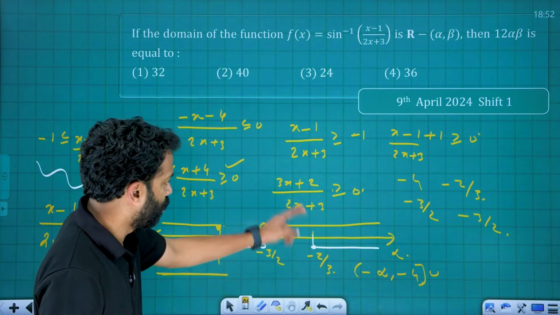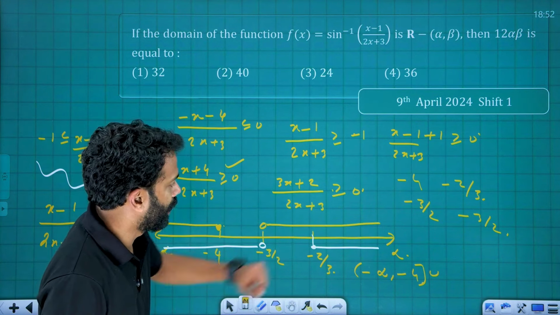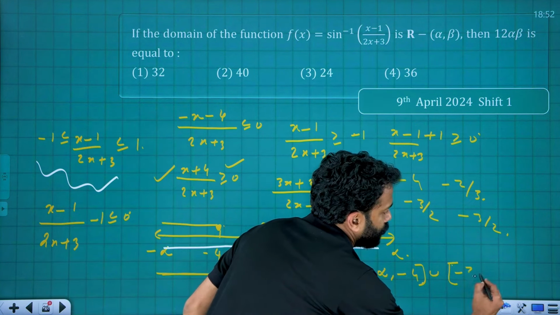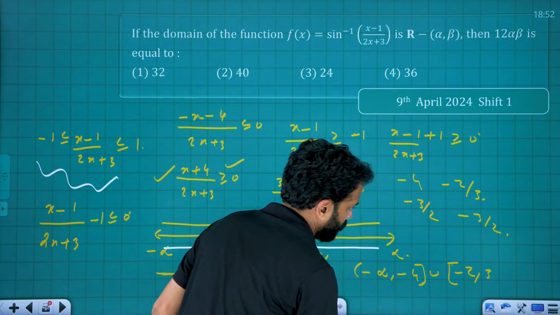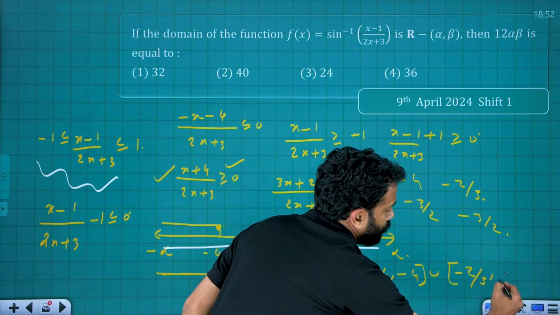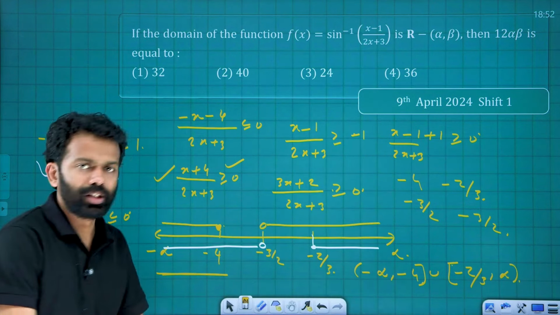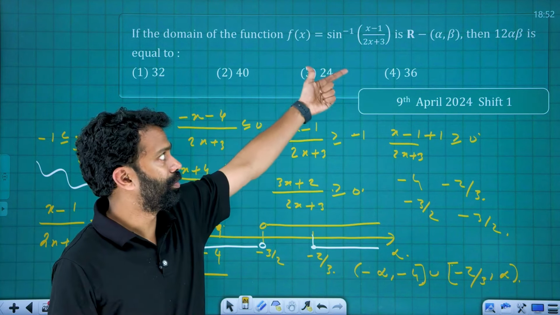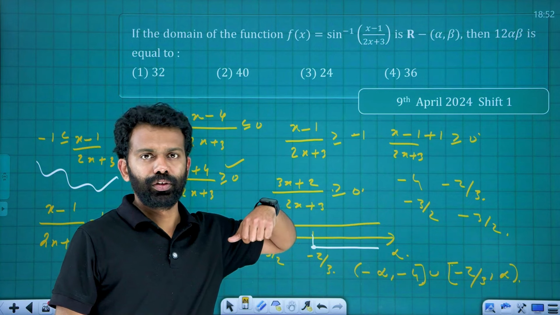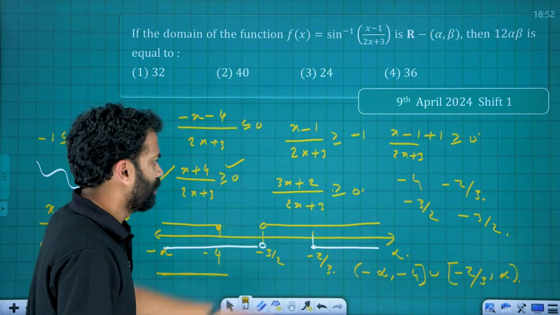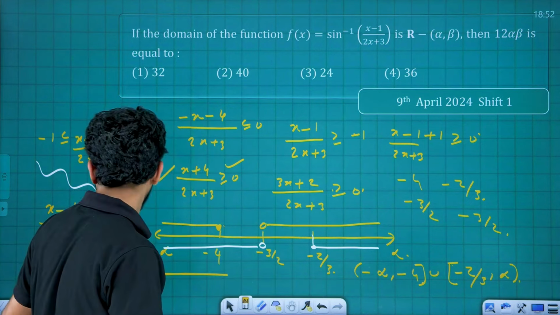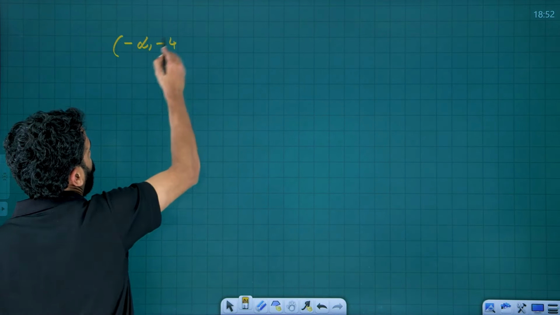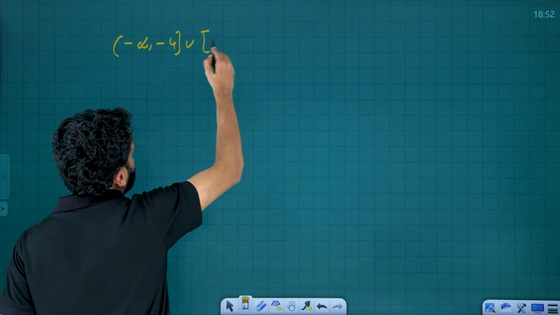This one. In both of them, the region minus 2 by 3 is common. That is the closed interval minus 2 by 3 to infinity. But the problem here is they have expressed the domain in another way: real number minus alpha to infinity. Let's express that. This can be expressed as minus infinity to minus 4 union closed interval minus